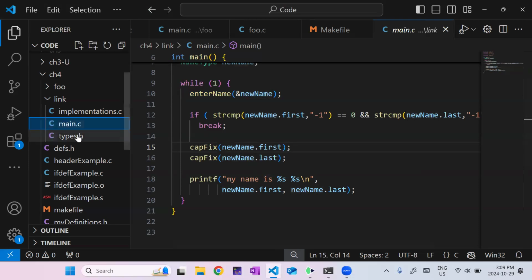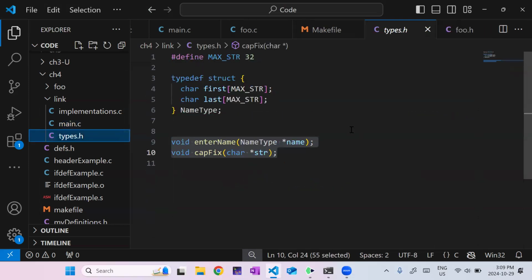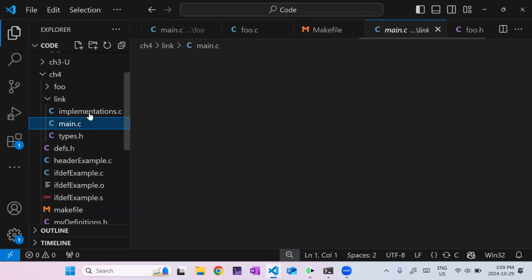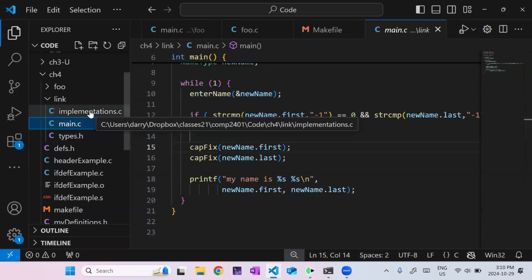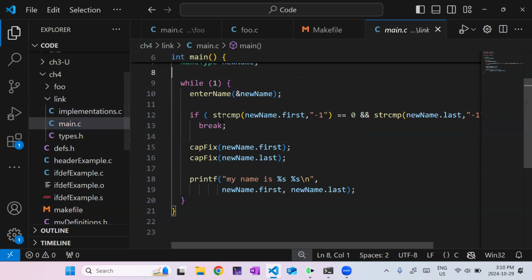So the foo.h was rather simple. This is closer to what you will see on your assignments. Actually, you'll see way more than this on the next assignment. And I think we used defs.h on assignment 3, but I can't remember. So yeah, separate object files, right? Basically each .c should be a separate object file, and then link them all together into an executable. And if you follow those instructions, it should work out. There can be problems, right?